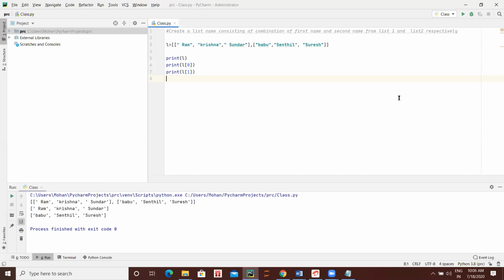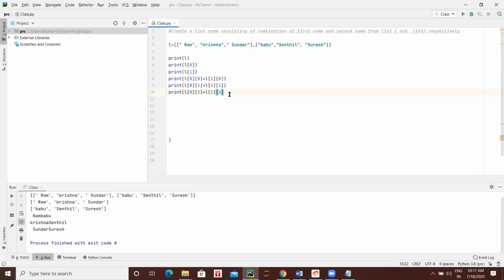Otherwise, you go manually, print Ram Babu like L0 and L1 plus again comma L1 plus L like that, sir. Okay, perfect. I'm giving you 2 minutes. Just do it. Try another method also.